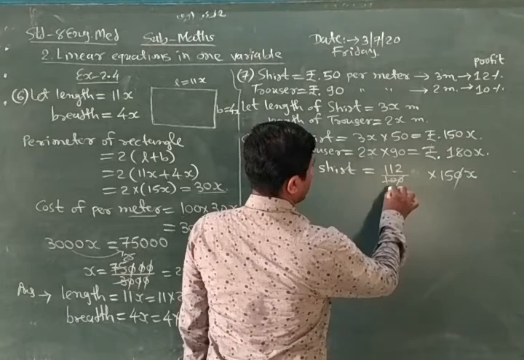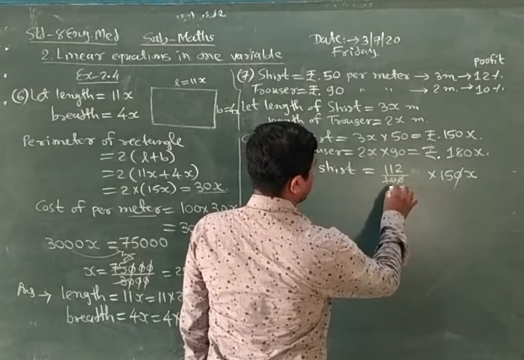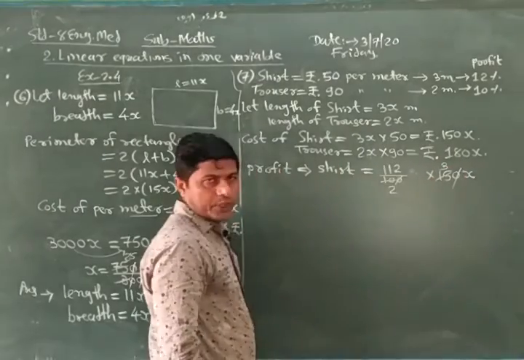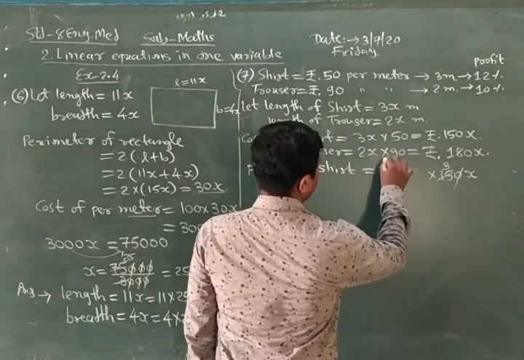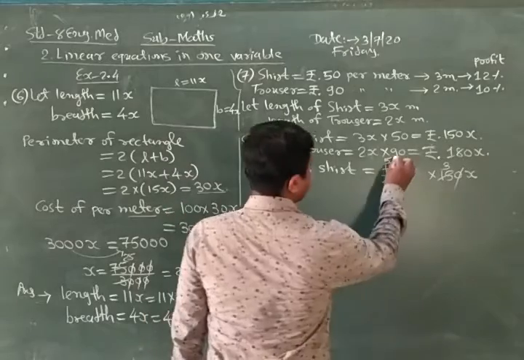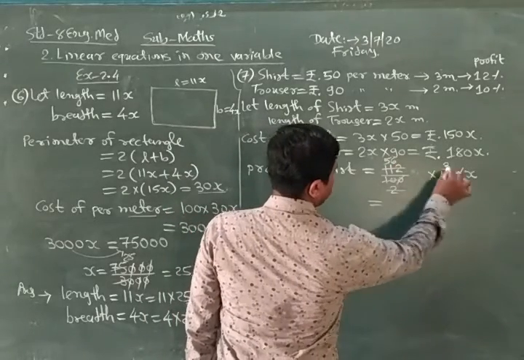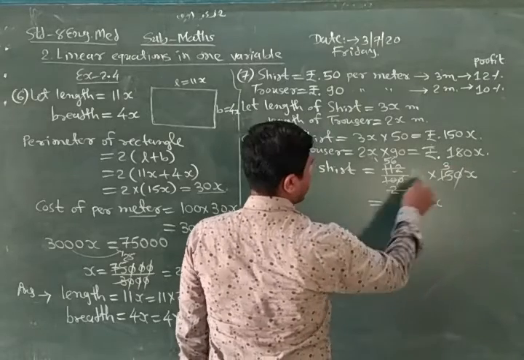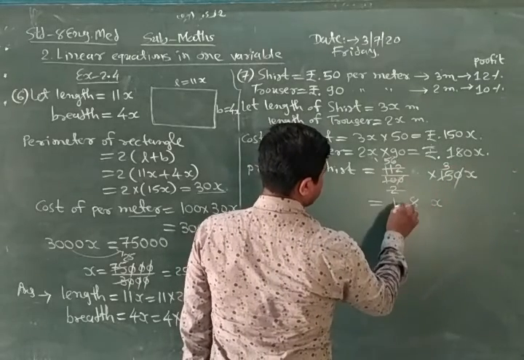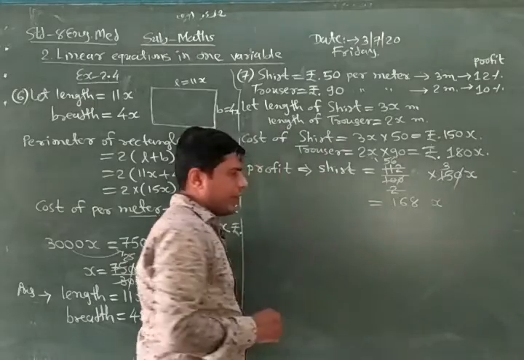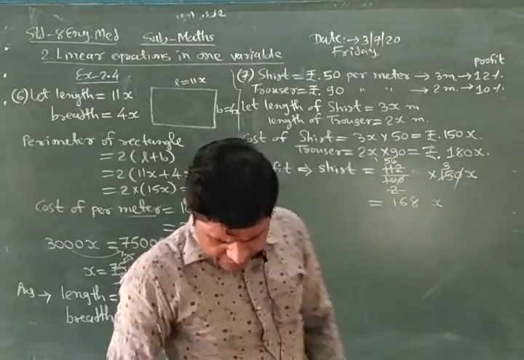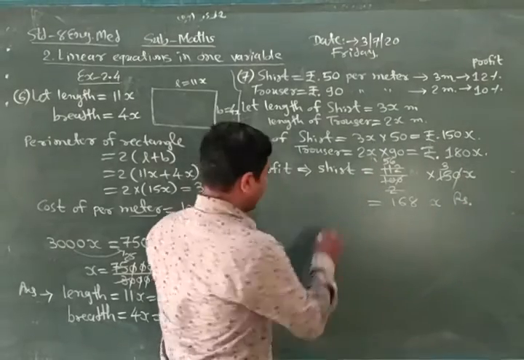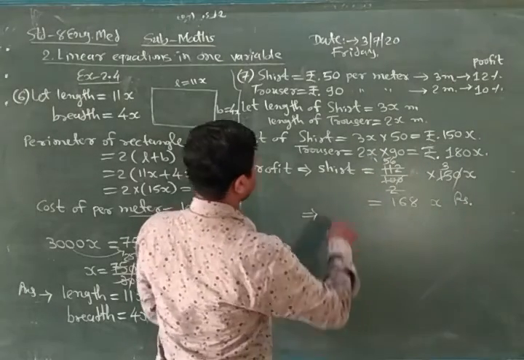2 5s are 10, 3 5s are 15, 2 taken, 2 5s are 10, 1 remaining, 2 6s are 12. Multiply, x also given, 3 6s are 18, 1 carry, 3 5s are 15, 1 16. This is the profit of 1668 rupees. Same to same, we find the profit of the trouser.